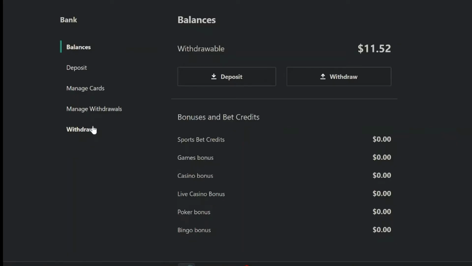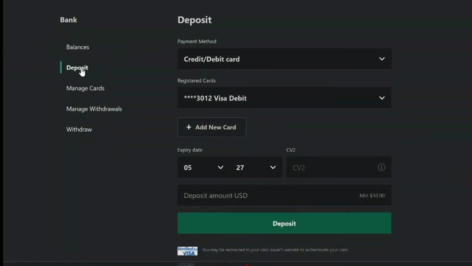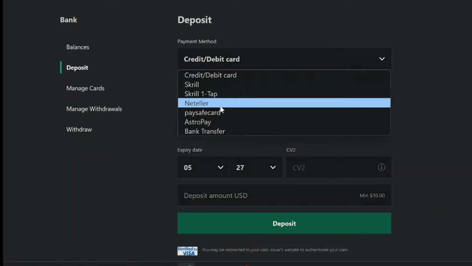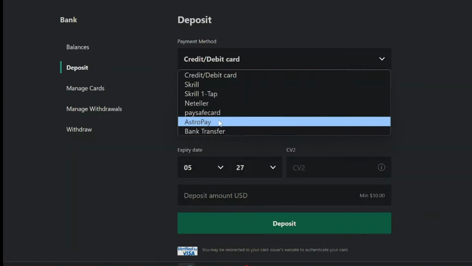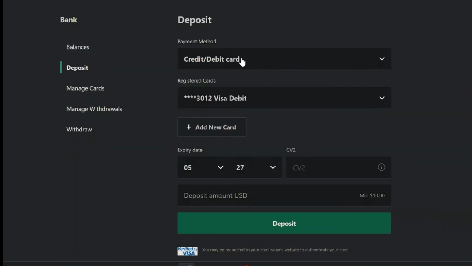Now, to be able to withdraw using your bank account, you must have it added as your deposit method first. If you haven't done this yet, don't worry. It's pretty simple. Click on the Deposit option, and you'll see various payment methods like Skrill, Neteller, PaySafeCard, AstroPay and bank transfer. For this tutorial, we'll focus on using a credit or debit card because it's the fastest and most